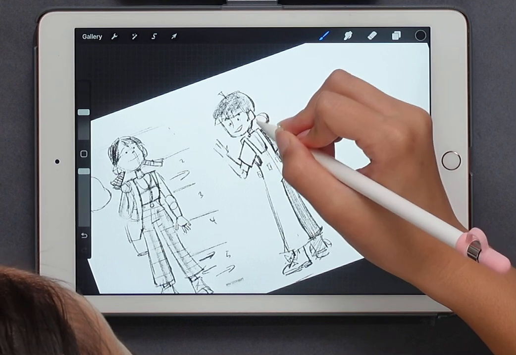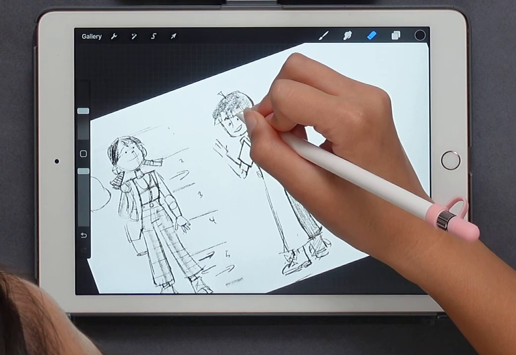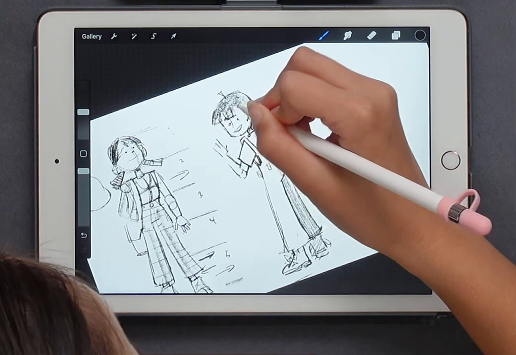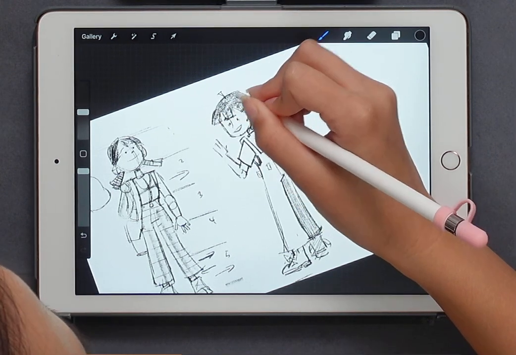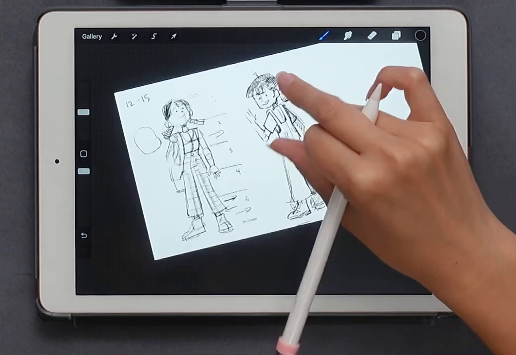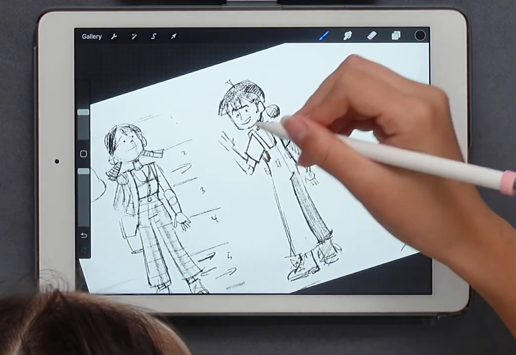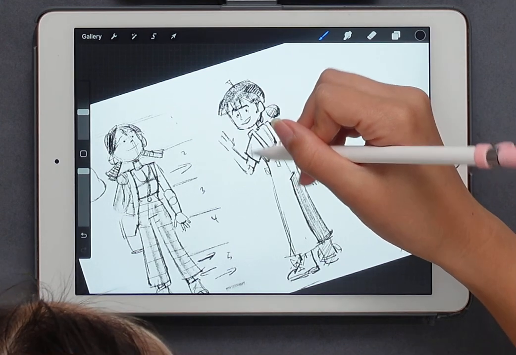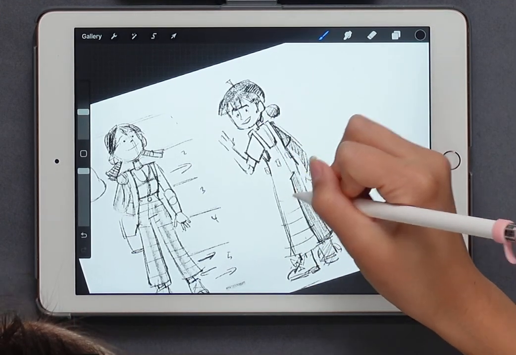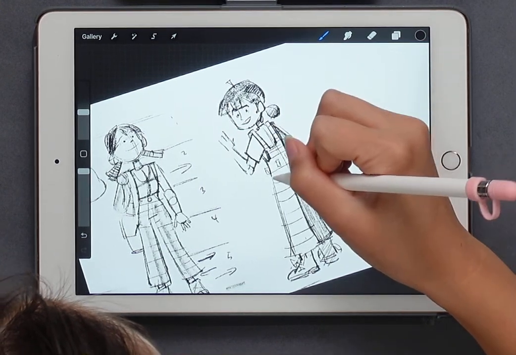I kind of want her to have dark hair, so I'm just going to shade in the parts of the hair that are dark, just so I can get a little bit of value, because value is most important. Color is valuable and important as well, but you're going to be able to show more if you have separation of values from light and dark in the value range than if your colors are all muddy and not showing different value